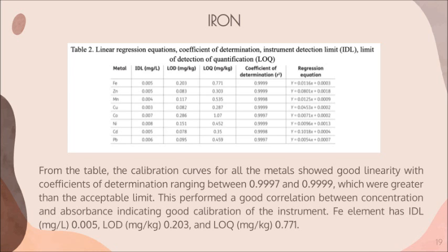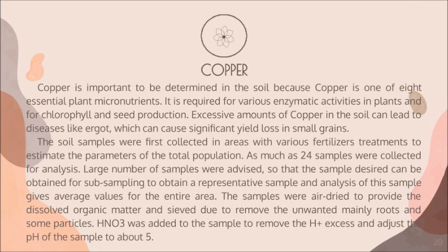per kilogram. Copper is important to be determined in the soil because copper is one of the 8 essential plant micronutrients. It is required for various enzymatic activities in plants and for chlorophyll and seed production. Excessive amounts of copper in the soil can lead to diseases like ergot, which can cause significant yield loss in